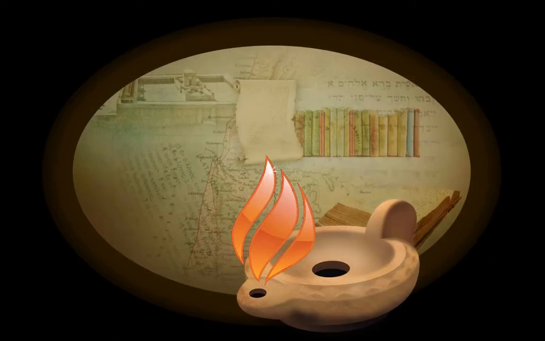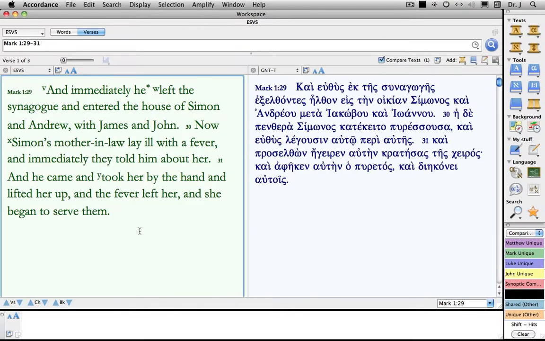Now that everyone is up to speed with parallels, let's proceed to our Bible study in Accordance. The passage we're going to look at today is Mark 1:29-31, the story of Jesus healing Peter's mother-in-law. Now, the first thing that I like to do when exegeting a passage is to brush up